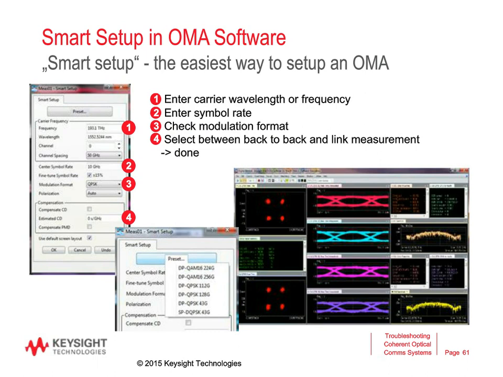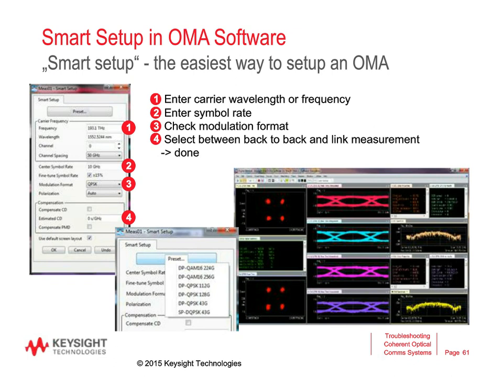The software itself is pretty easy to operate. We have a smart setup inside the OMA software that allows us to set up the instrument by just entering 4 essential parameters. It's the carrier wavelength or frequency, it's the symbol rate that I'm expecting on the signal, and the modulation format I'm going to use or look at. And finally, you select if you're doing a back-to-back measurement or a link measurement. And if you're done, you press the OK button, and the instrument will do all the needed settings to get